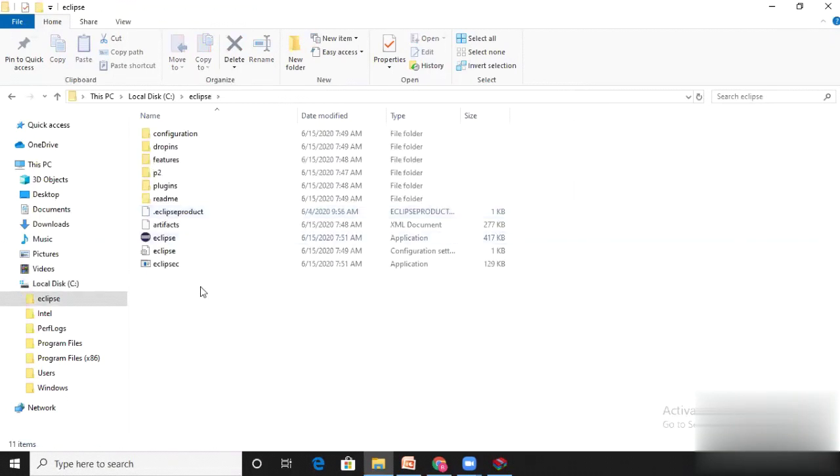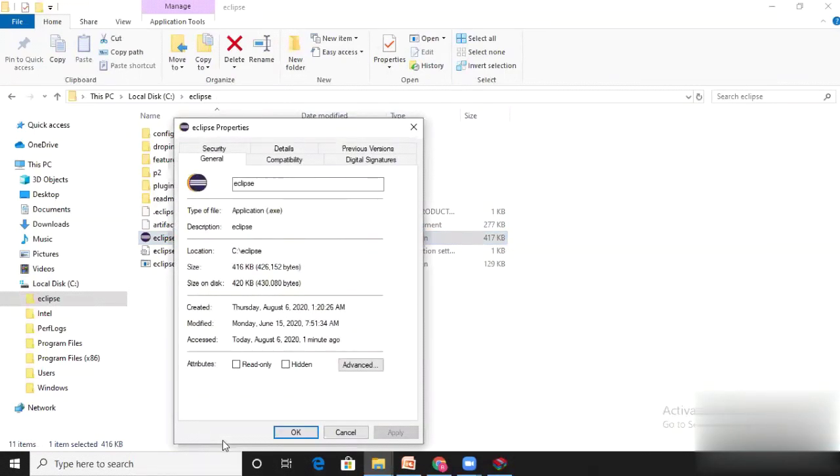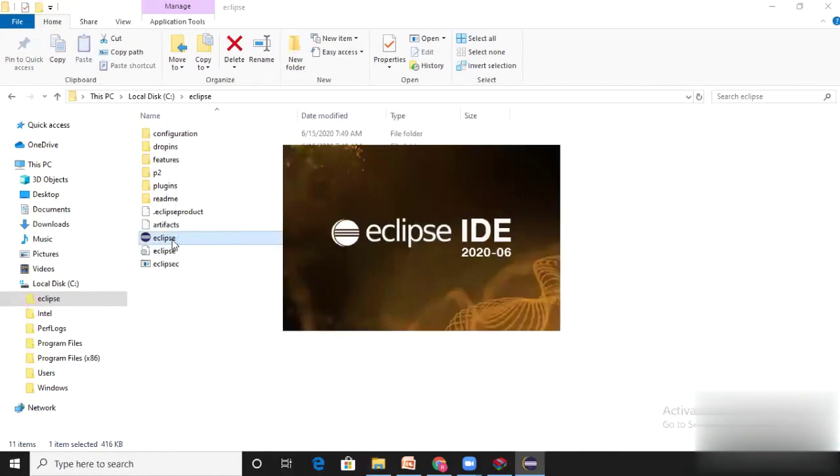Open this folder and simply double click on the .exe file, and Eclipse IDE launches. See, it is Eclipse IDE 2020-06, which is the version number.